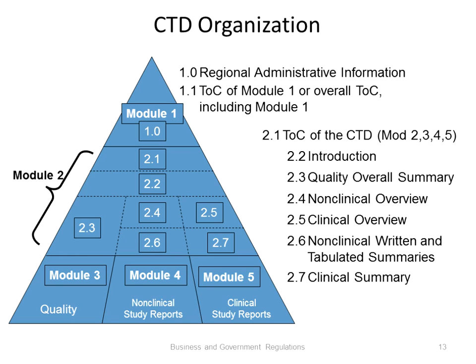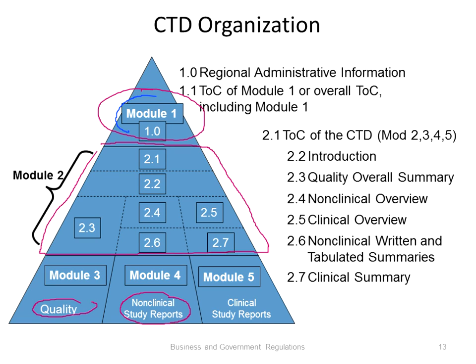So remember, there are these modules. Module 1, right here. I should change the color. So module 1 is right here. And then there is module 2, which has several sections, right? Module 2, because it has some common sections to the base of the pyramid: quality, module 3, non-clinical study reports, module 4, and clinical study reports, module 5. Okay, so